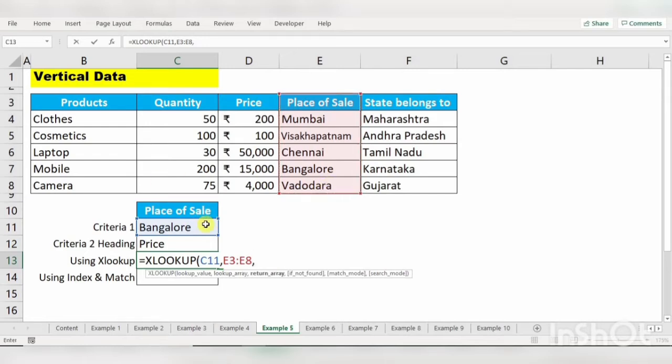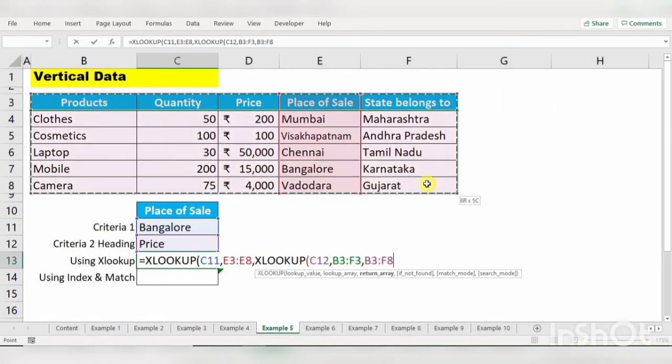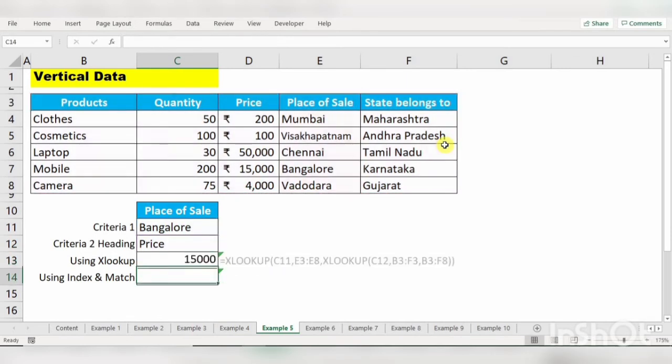Then second, the return array, it's not fixed, it's dynamic, so we are going to use XLOOKUP again, and lookup value is here, lookup array this one, and return array the entire array. So as per the place of sale we have to get a result. Closing the bracket, again closing the bracket, enter.